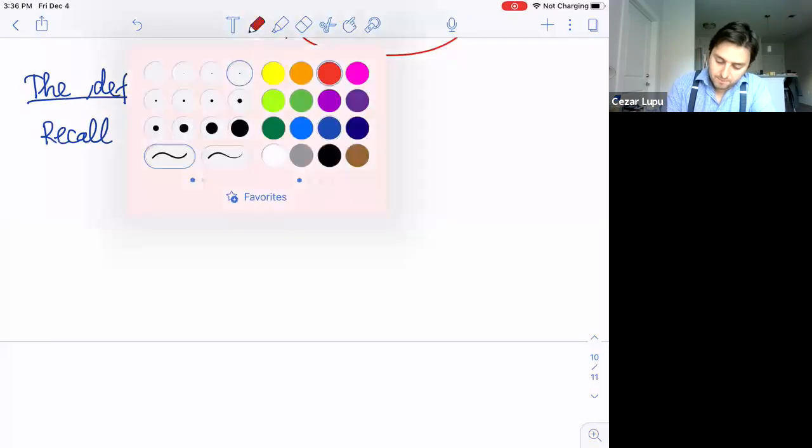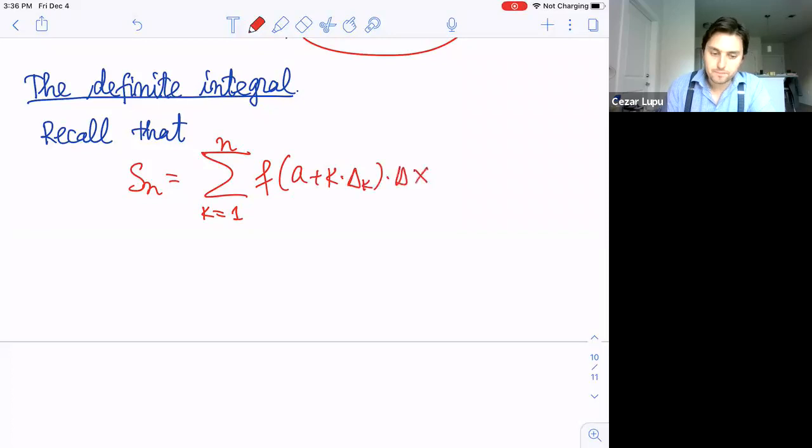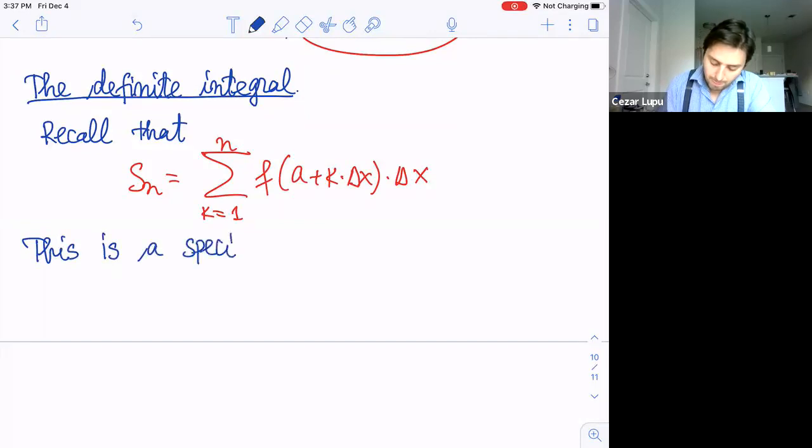That Sn was this guy, the sum from k equals 1 to n of f of a plus k times delta x, delta x here inside. Right? Recall that. And this is a special case of a Riemann sum